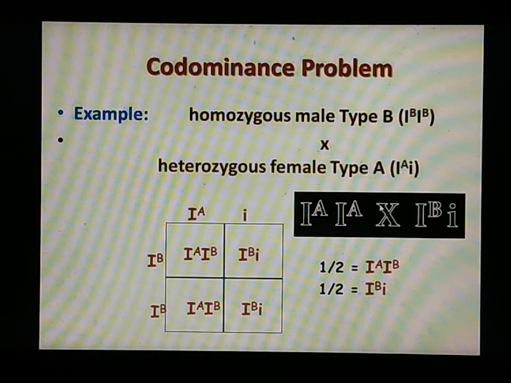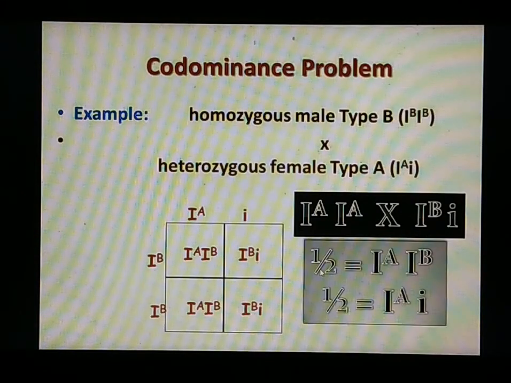Again, a third type of cross: a homozygous male or female having A blood group is crossed with a heterozygous B blood group male or female. What answer will we get in the offspring? Half the number of offspring will have AB blood group and half the number will have A blood group. It is a similar type, only here the homozygous A blood group is taken. So we get the same result, only here half the offspring will have A blood group.